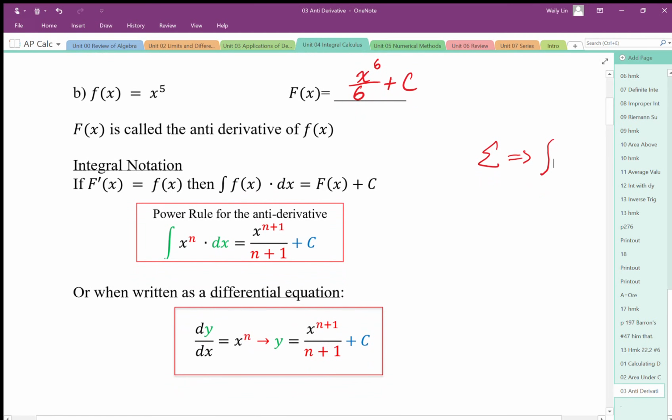Now this could be written as what we call a differential equation, showing that if the derivative equals x to the n, what's implied is we solve this differential equation for y, which means we anti-differentiate this expression. So again, we get the same thing. We see it written like this, and sometimes we see it written like this, and this is called a differential equation, where it's implied we solve for